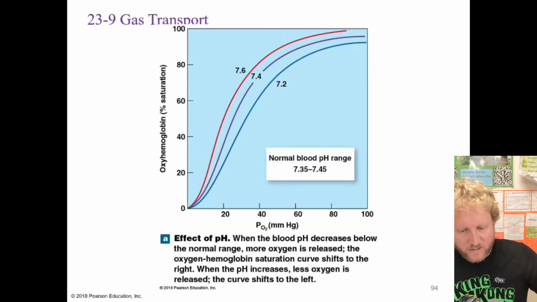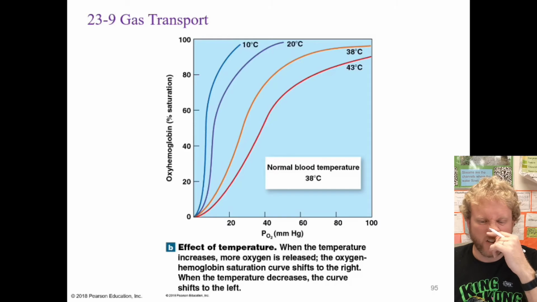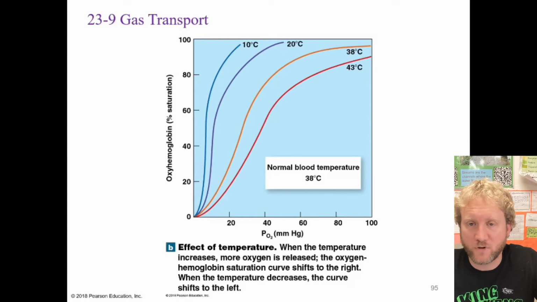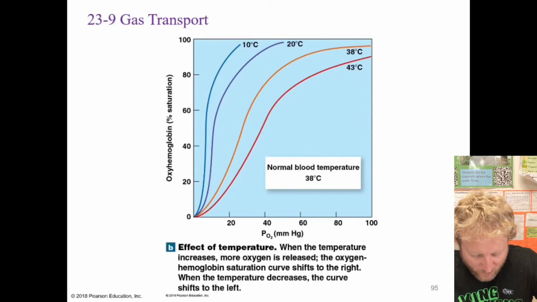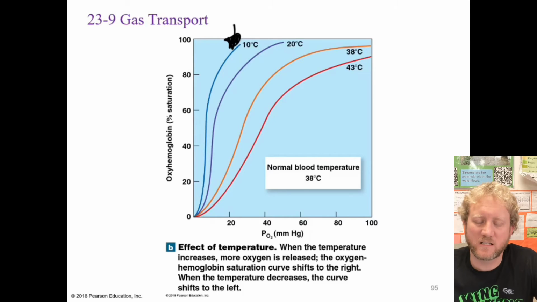So this was pH. Temperature works the same way. So here's percent saturation at different temperatures. The normal body temperature is 38 degrees Celsius, so that's the orange line right there. At lower temperatures, if you notice, you have hemoglobin oxygen saturation at 10 degrees Celsius exceptionally high. Now, that's kind of a problem because the human body can't operate at 10 degrees Celsius,